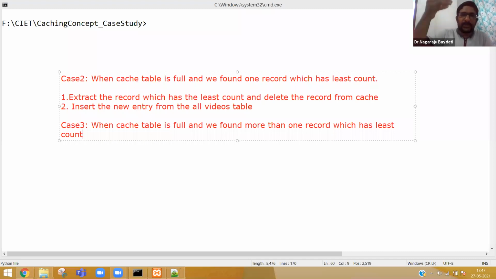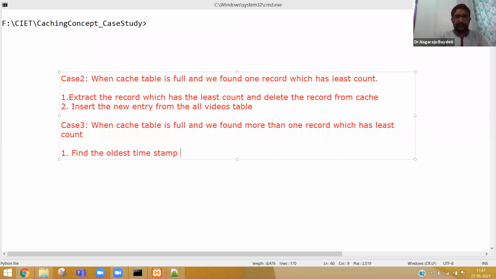All are having only count as 1. Then which one to remove? Video 1 has the old timestamp. So what you need to do is find the oldest timestamp from the cache table which has the least count.